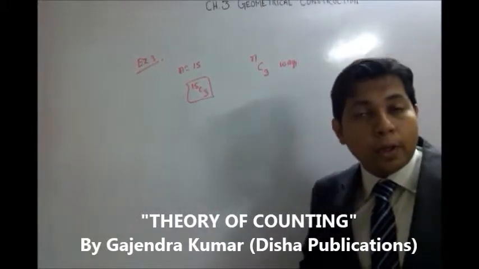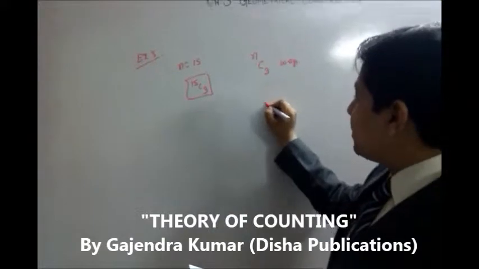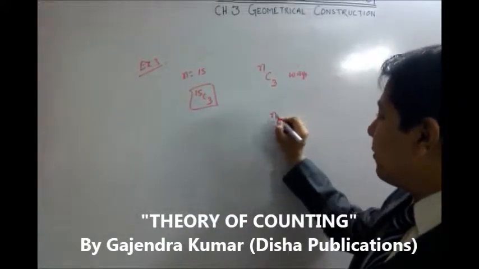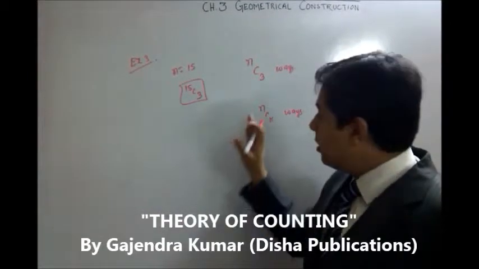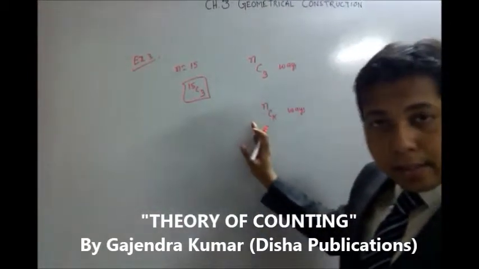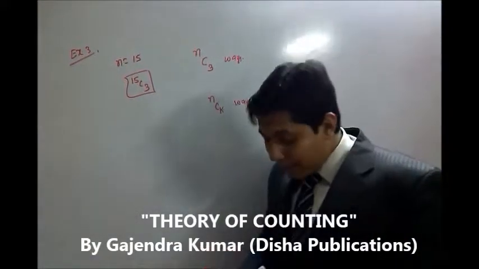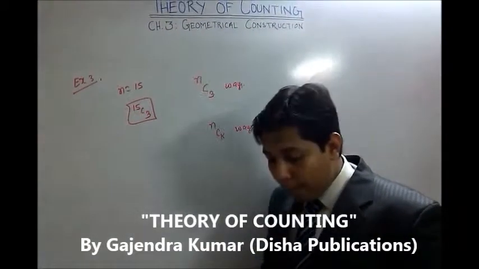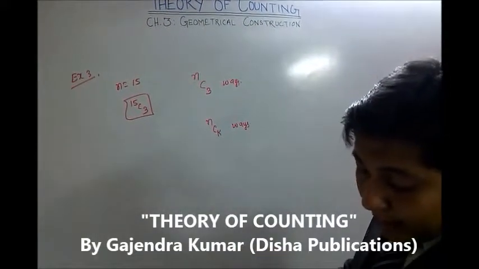Explain the logic. If we need to make a polygon of k sides out of n points, then how many ways can we do that? NCk ways. It means if we have to form a quadrilateral, NC4; pentagon, NC5; hexagon, NC6, and so on. So a polygon with k sides formed from n points can be formed in NCk ways. Then the next concept is